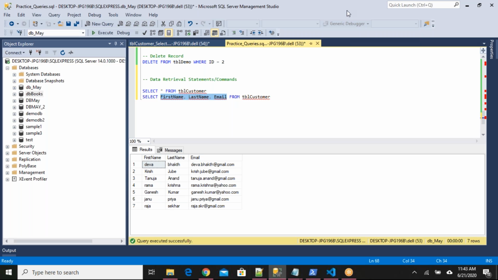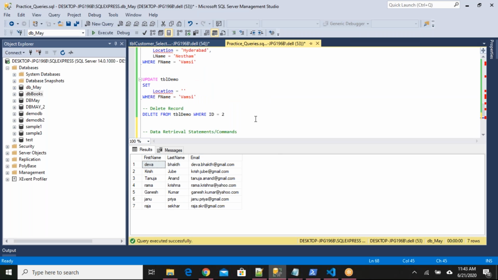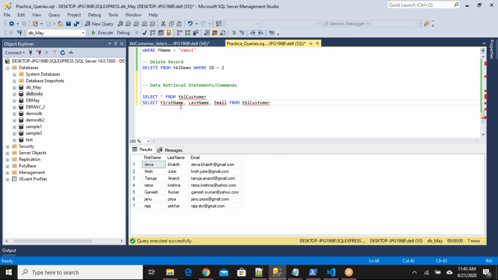Any questions? Sir, what is that red color? What's the error there? It's not actually an error; there is no error here. Maybe in this context it is expecting dbo.